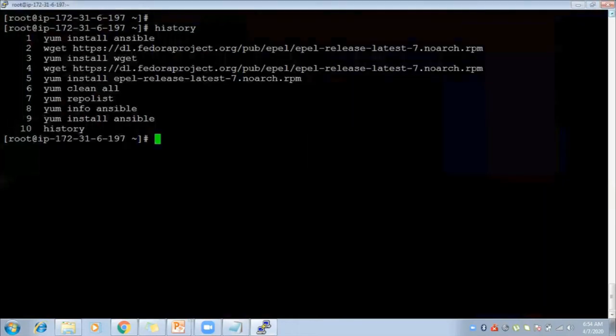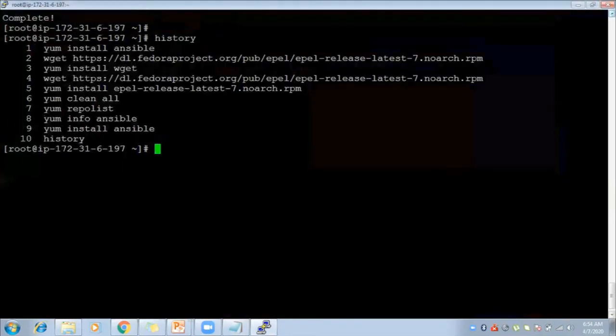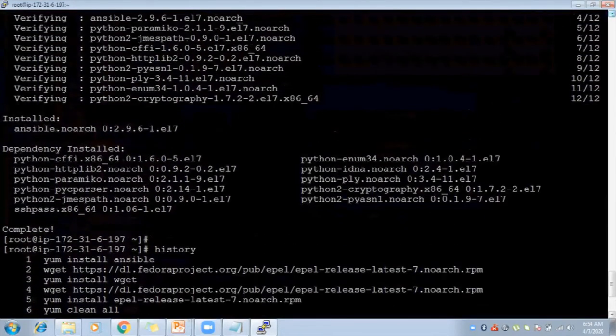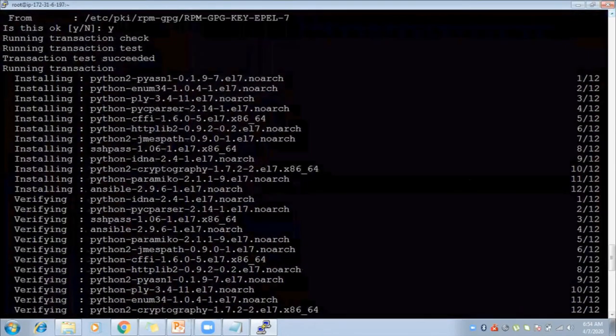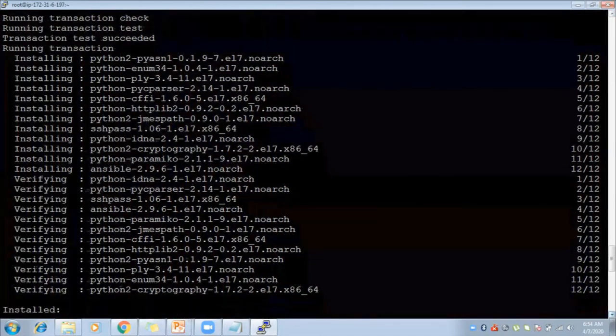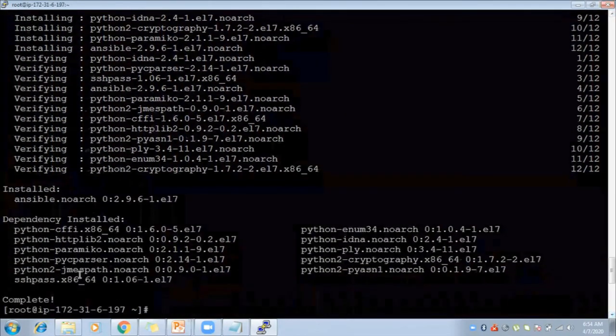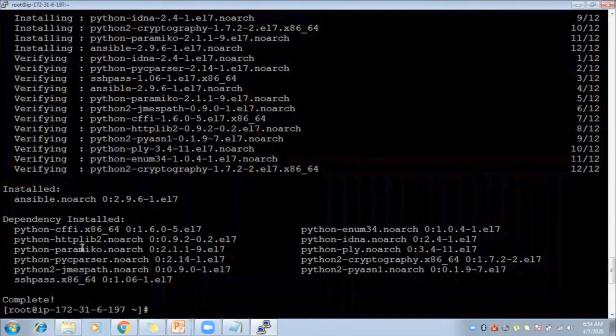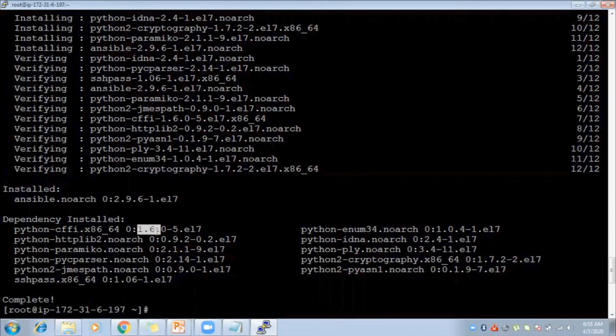Here, if you go, I will show you. Python package should be a dependency, and 1.6 is there. So 1.6 and above is the minimal requirement for Ansible to work: the Python package should be 1.6 or greater.